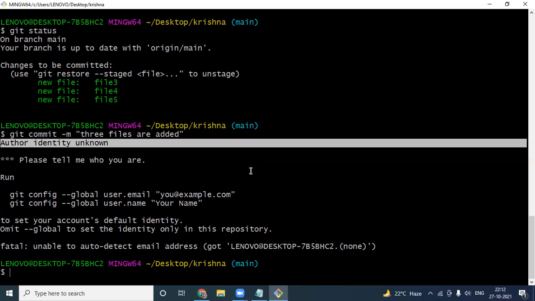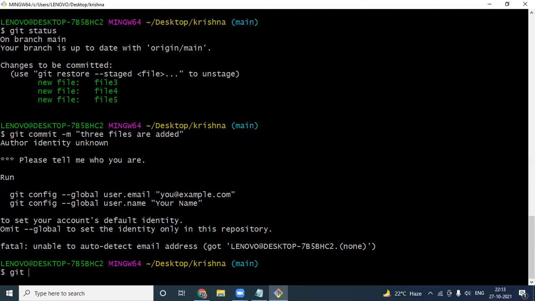So for that, you need to run these commands. git config --global user.email, your email. git config --global user.name, your name. You need to give these 2 pieces of information so that your local will identify who the user is and the email of that user. Before going to this one, type git config --help